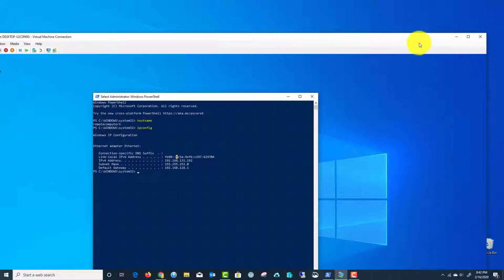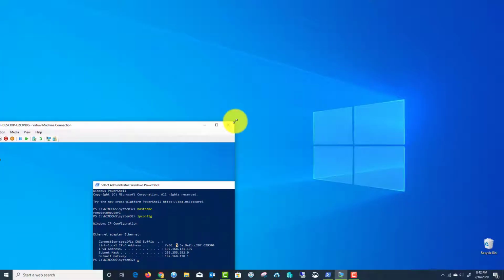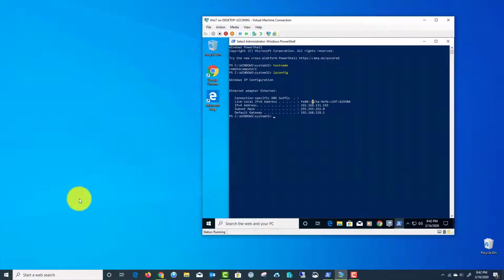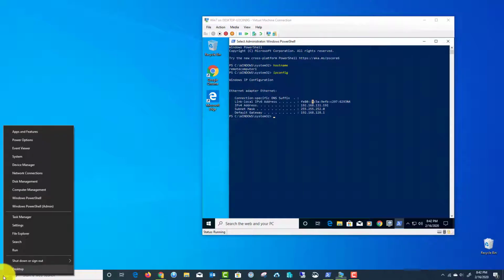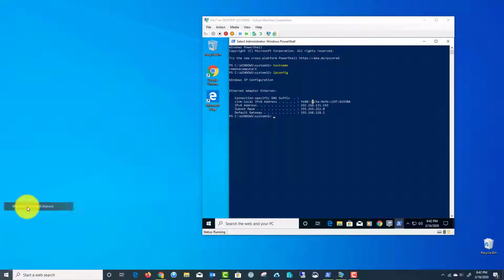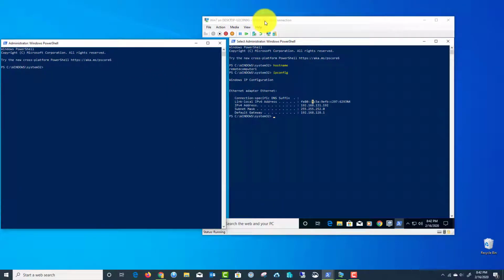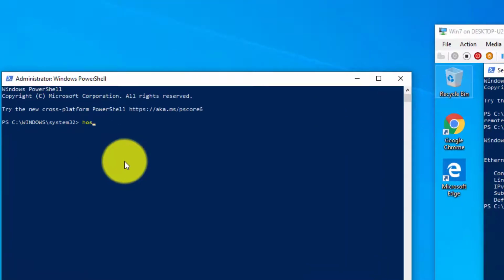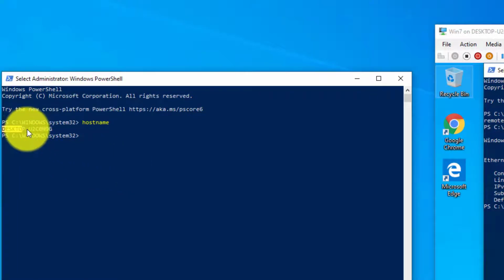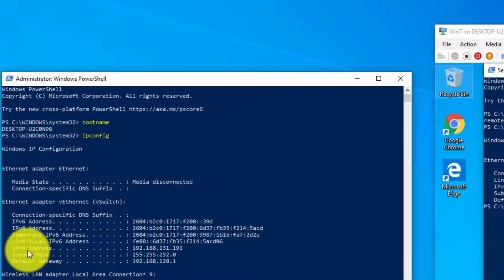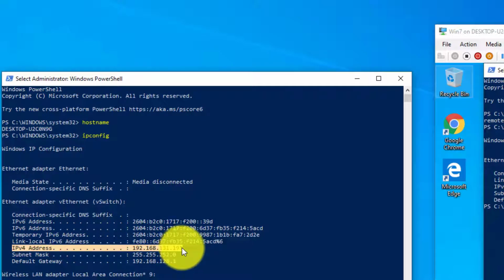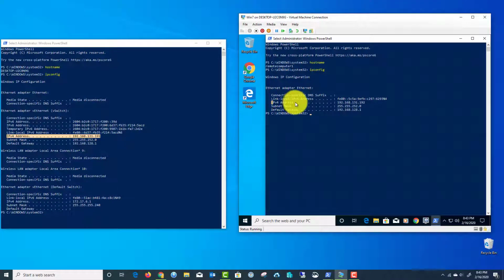So this is actually my virtual machine that I'm running. So I'm on this other computer. So if I open up a PowerShell on this other computer, I'll show you the name. So if I type hostname, you see this computer's name, desktop-u2 and some random characters. And if I type ipconfig, this tells me this is my IP address, my IPv4 address, and this is my VM, which has